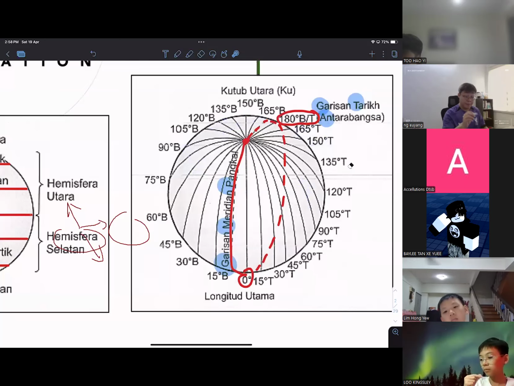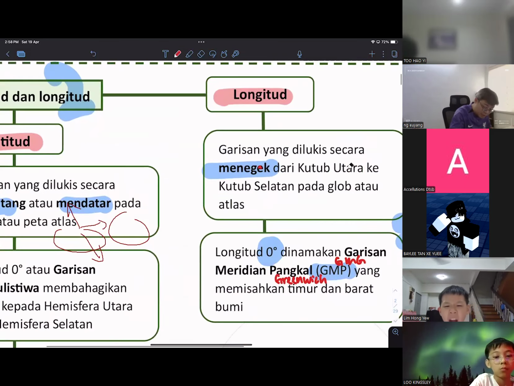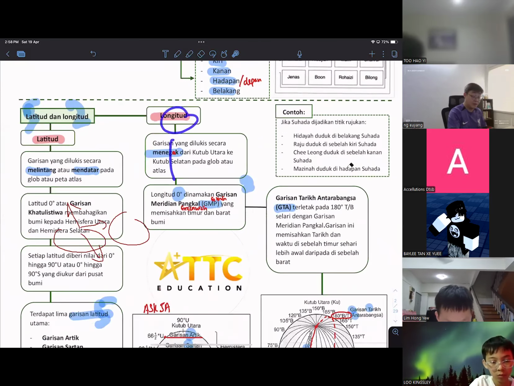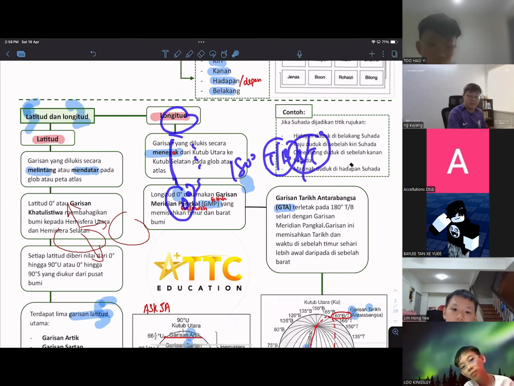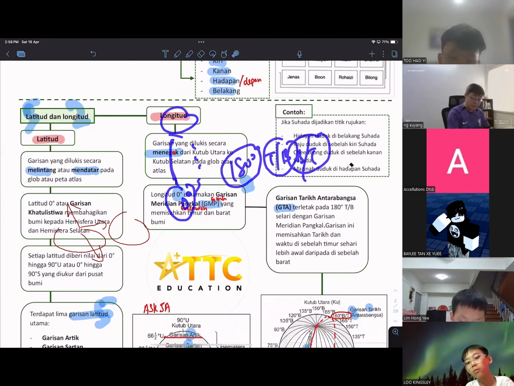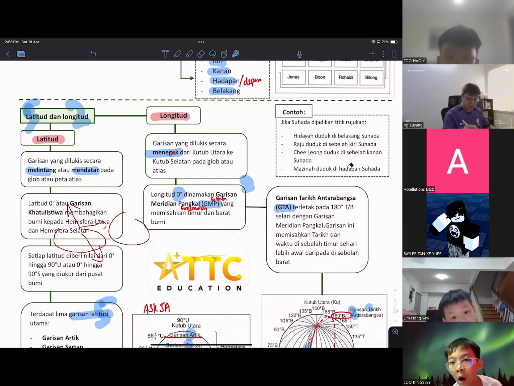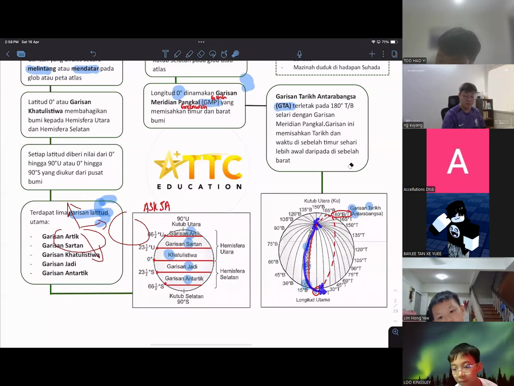So that's why the purpose for the longitude yang menegak. What is menegak? Menegak. Yeah. So garisan for the longitude, garisan menegak. Okay, front part is 0 degree. So the back line will be 180 degree. T stroke B or B stroke T doesn't matter, just in between of barat and timur. So this is the difference of longitude compared to the latitude. Longitude is half circle. North pole to the South pole, half circle.